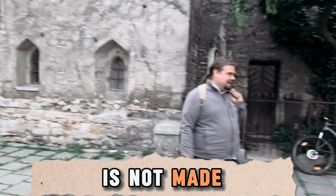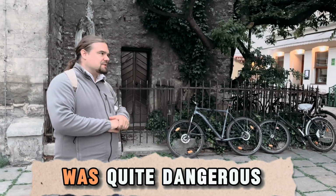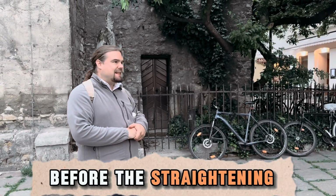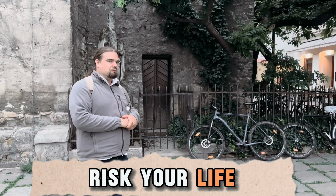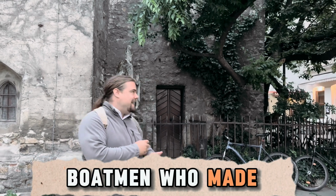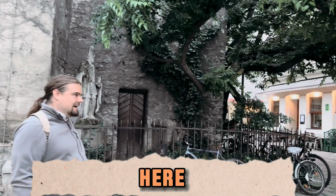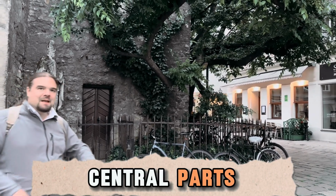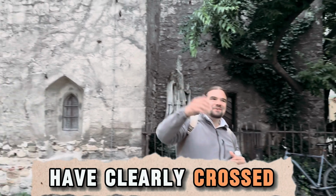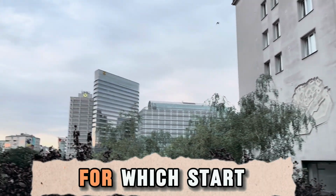Salt is not made in Vienna, it had to be brought in by boat. And this was quite dangerous before the straightening of the Danube in the 1870s. Back then you risked your life trying to bring salt here. Salt boatmen who made it here unloaded their salt here and prayed here. There was a lot of praying going on in that job. So this is St. Rupert's. And now we have clearly crossed Old Town, because over there is the second district,